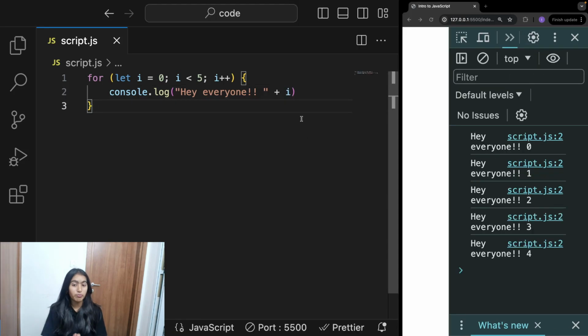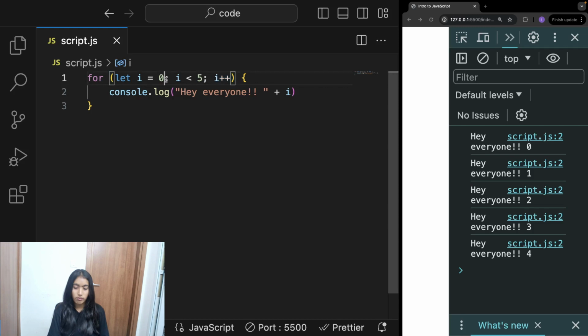In this for loop, I'm creating a for loop by writing down the for keyword, and inside the parentheses, as I said, there should be 3 statements. The first statement is creating a variable. So I'm creating a variable named i and assigning 0 to it. And then I'm putting a condition on it. So i should be less than 5, and only then should this block of code execute. If it is not, then don't execute. That's a condition. And then increment the value: 0, 1, 2, 3, 4, and so on. If it reaches 5, then obviously i is not smaller than 5, so the fifth one should not get executed.